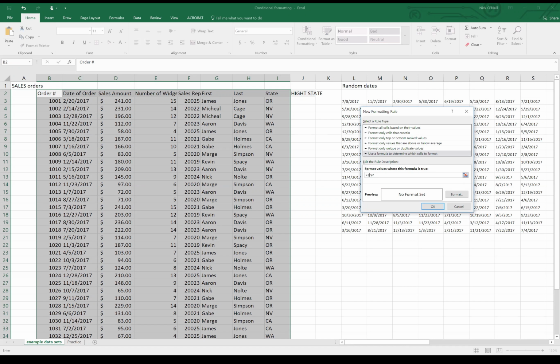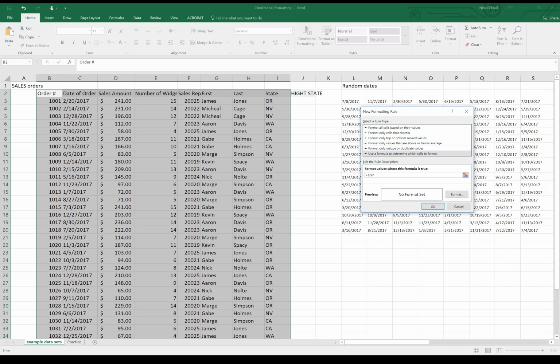In Excel, when you use the $ signs, that specifies a specific address in the cell, so that if you were to copy the data across multiple rows or across multiple columns, the reference point or that address for the cell would stay the same for the entire data set that you're using. In this case, I'm going to set it up so that it will highlight all states that are of a